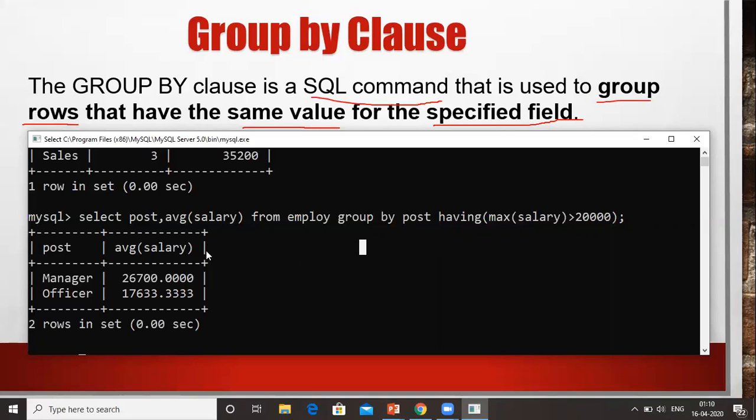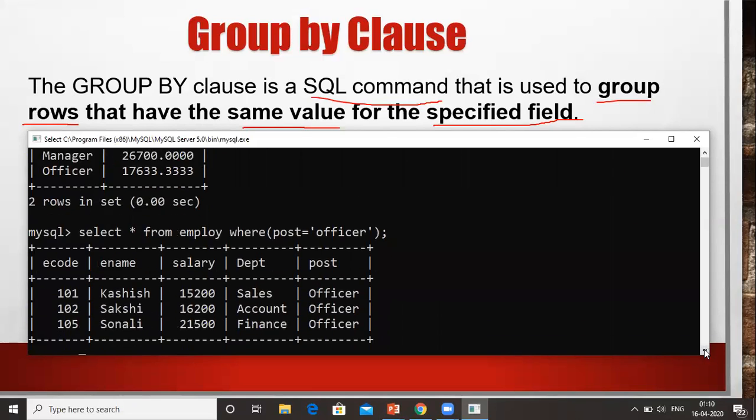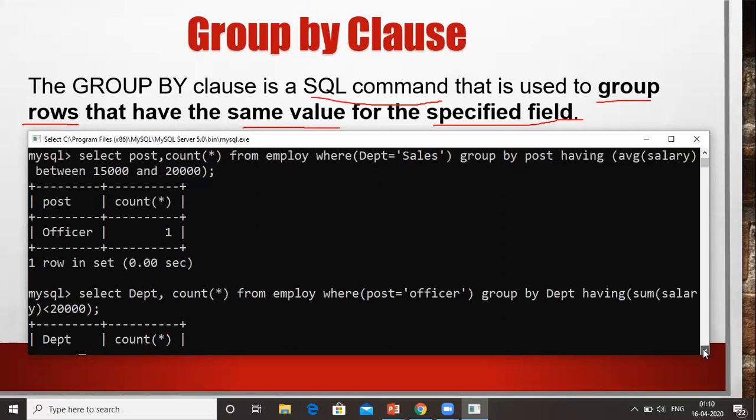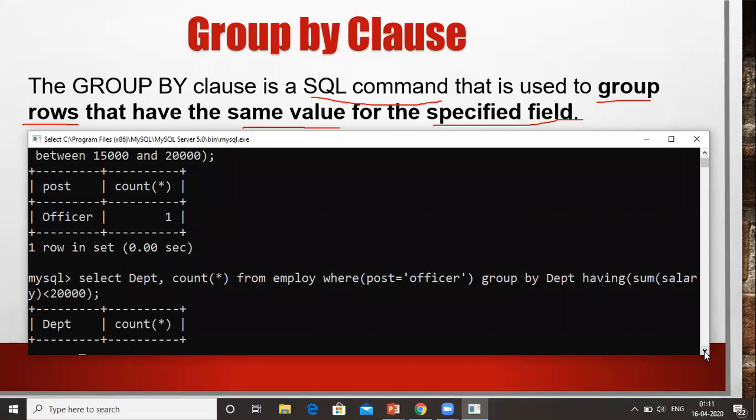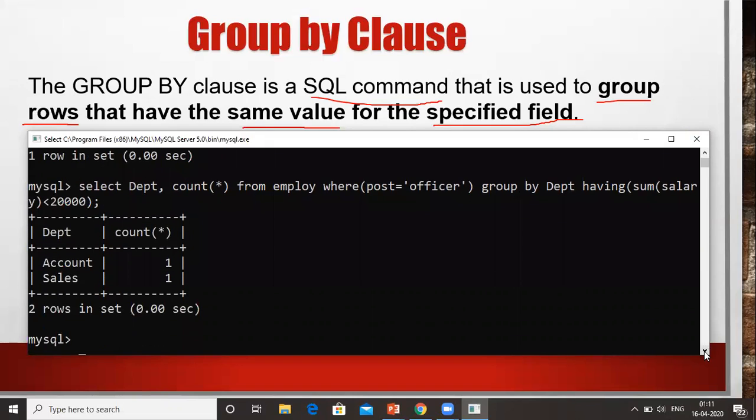So in this case we have seen many examples and done many questions, and in every question we are getting a report. When we apply group by post having average salary 15,000, we get a report. Group by department having sum salary like this, we get a report. Whatever questions we have done previously with the group by clause, whenever we apply it and see the result, we get a summarized result.